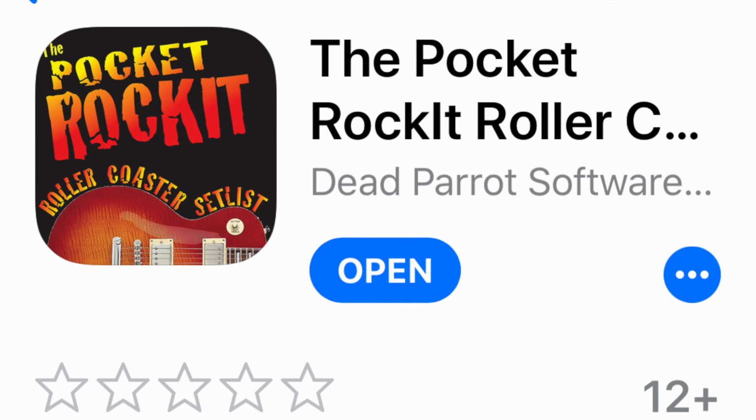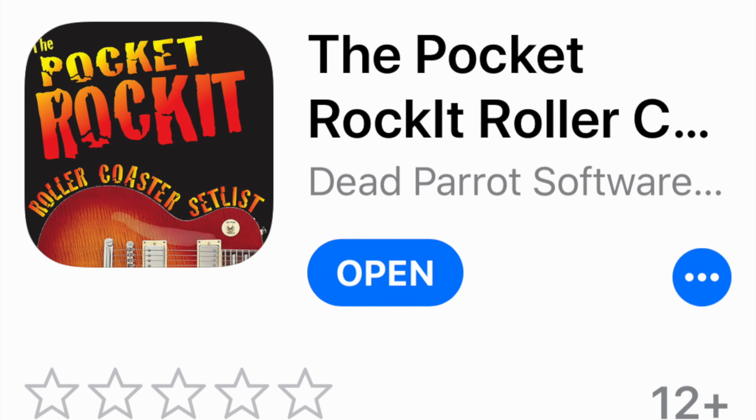For iOS devices, you have an app called Pocket Rocket that you can download. It has this tutorial that you have seen and a huge list of songs that you can listen to on the track. But note that you cannot get your phone through the metal detector, so you must memorize the numbers before you get on the ride.